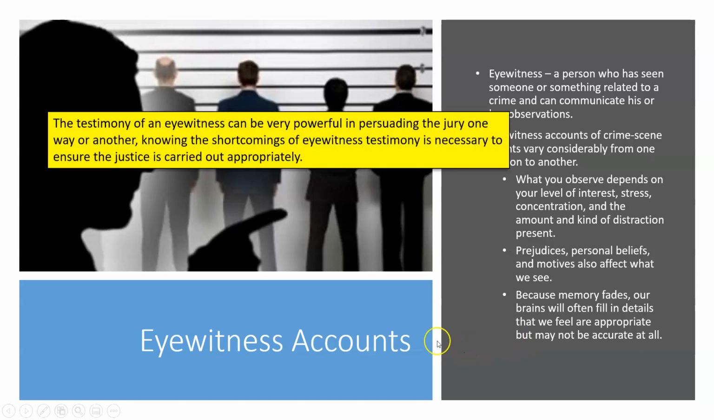So, testimony of an eyewitness can be very powerful in persuading the jury, but you have to know the shortcomings of the eyewitness testimony because you want to ensure that prejudices stay out of the testimony. You want to ensure that justice is carried out appropriately. You want to make sure that the eyewitness isn't filling in holes with unrelated topics or unrelated observations. You want to make sure that the eyewitness testimony is maybe cross-referenced by another eyewitness. And so if you have two people that are unrelated that saw the same event that all say the same thing, obviously that is a little more